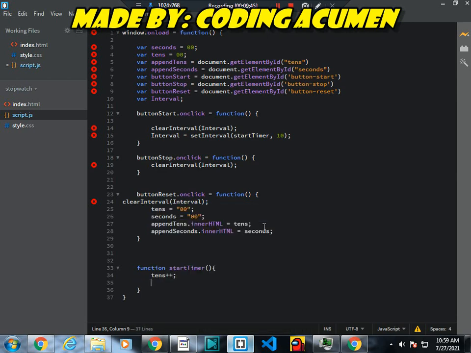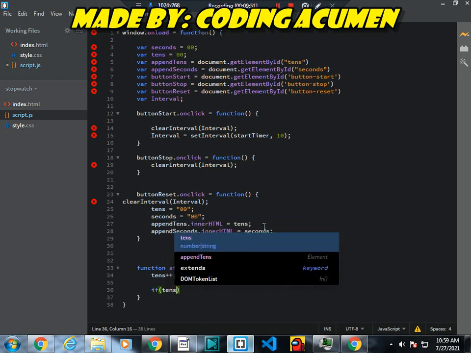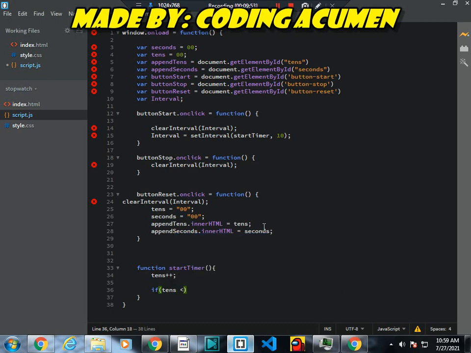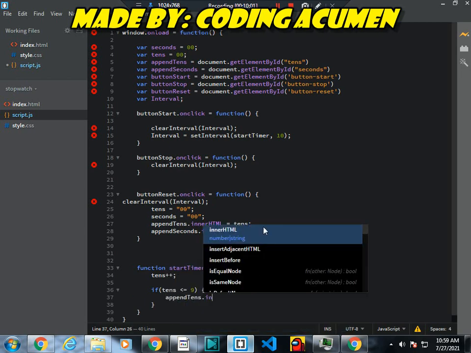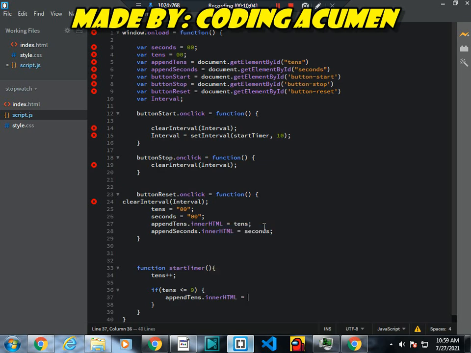After this I will add semicolon, and here I will write if tens less than 9. After this I will add appendTens dot innerHTML equal to 0 plus tens. So guys, now it is ready.